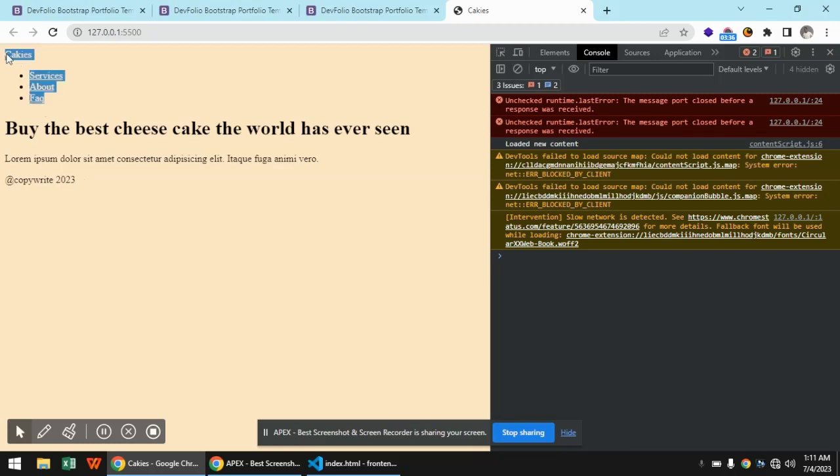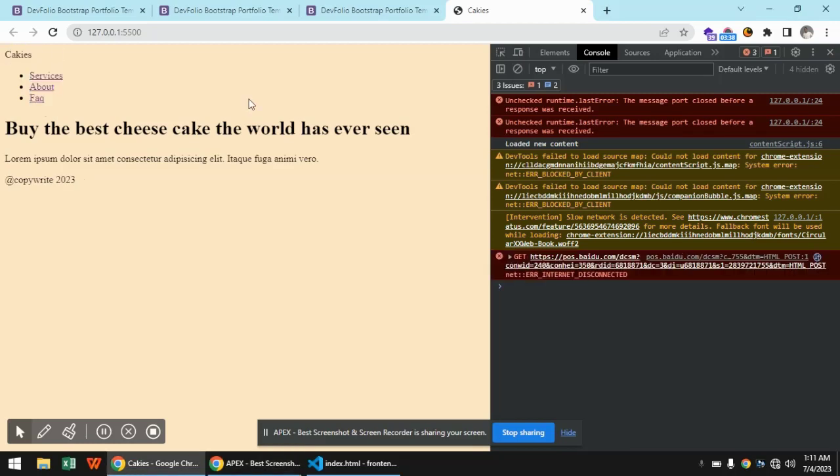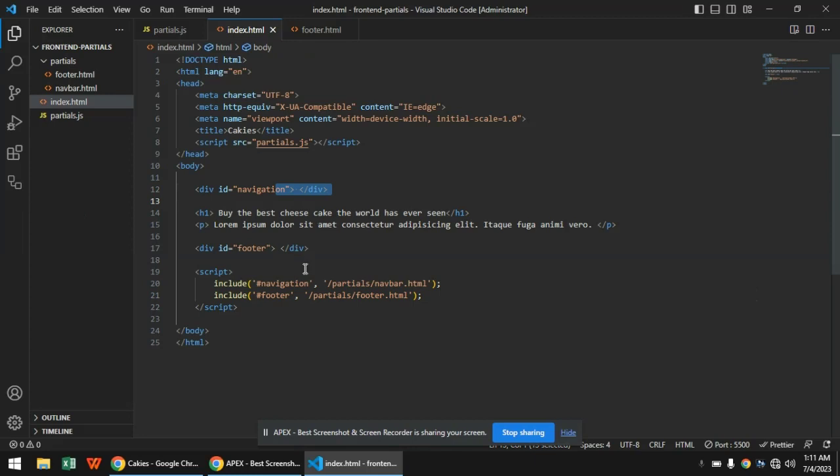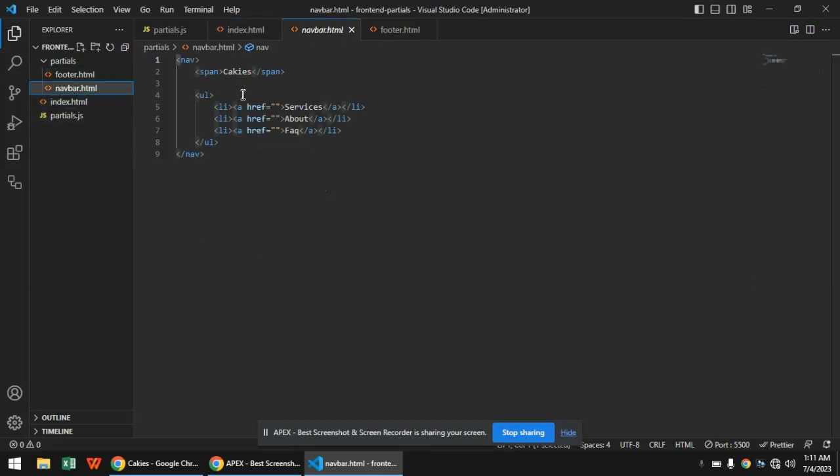So I think the issue I introduced has been fixed. If I create a new file, I don't have to go through all the files to change the navbar. I just have to come to navbar.html and change the content in here, and the content in here